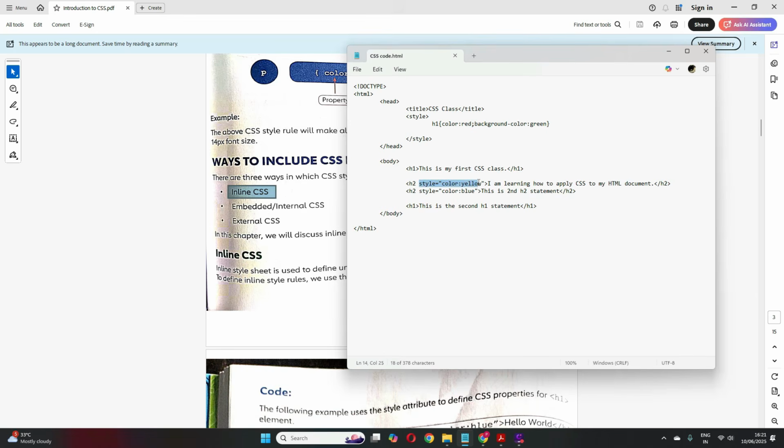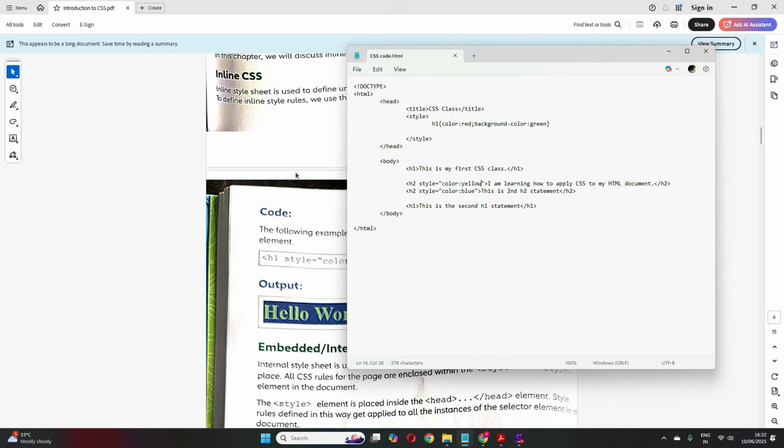You have kind of similar syntax for inline CSS also, where we put style as an attribute in the element itself. So we put style equal to, within these double quotes you specify the property and value. Again you can give different property and value separated by a semicolon. Clear? Okay, now let's move over.